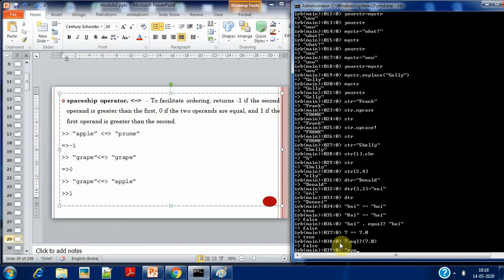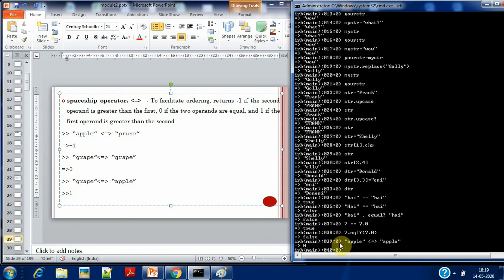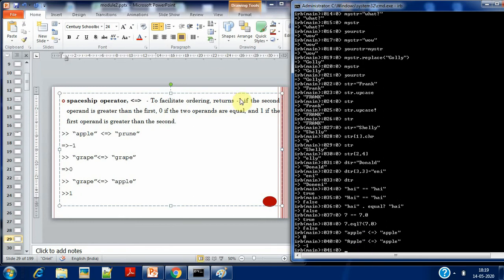We'll just check here. I have the first string as apple, and I'll use this spaceship operator, and I have the second string as apple. In this case it is going to return a value 0 since both are equal. Okay, and next thing I'll write like this. It is returning -1.